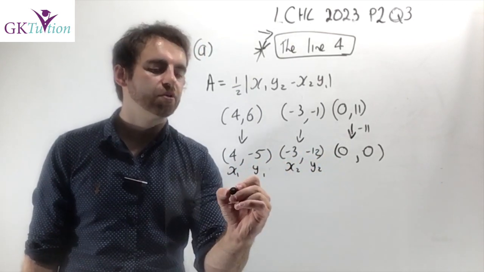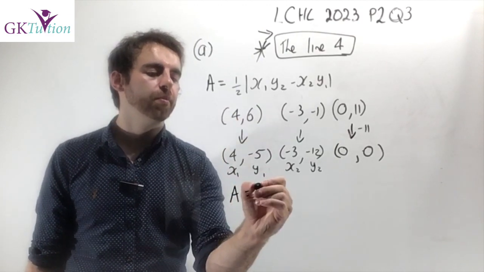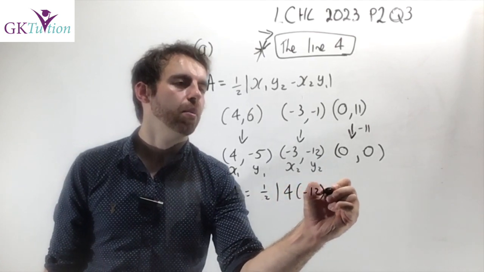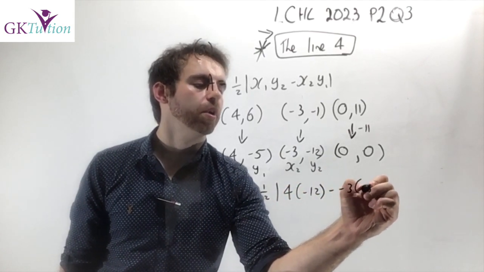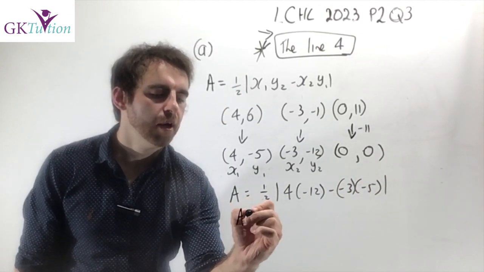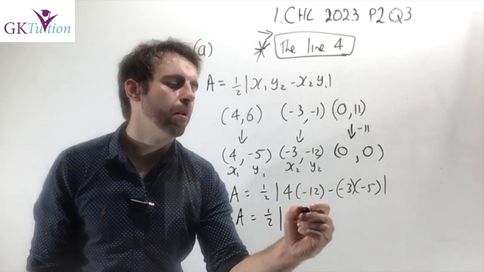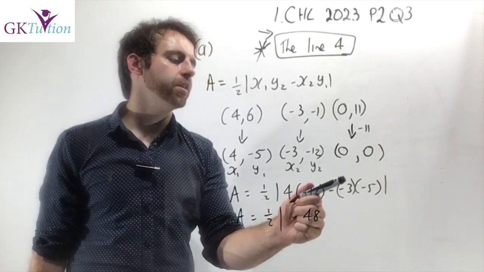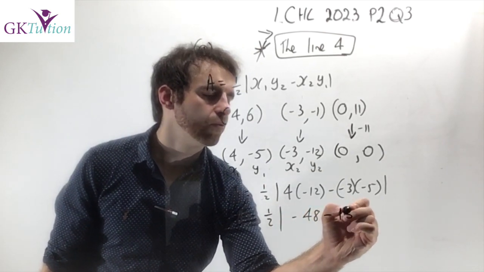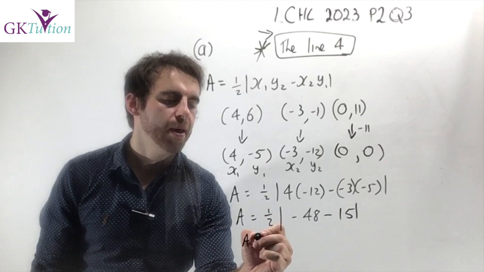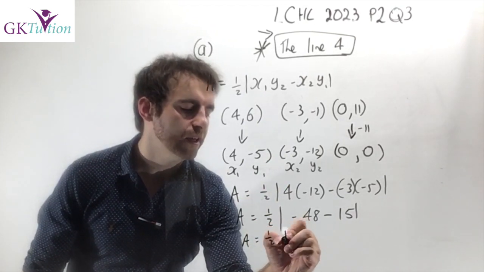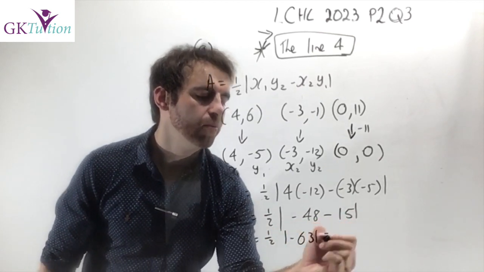To get the area of this triangle, I simply need to sub into the formula. The formula is 1/2 times x1 times y2 minus x2 times y1, which in this case looks like this. Now if I simplify this down, I'll simply get 1/2, and 4 by minus 12 is minus 48, minus 3 by minus 5, that's 3 minuses, so it's going to stay negative, and 3 by 5 is 15. And then if we simplify even further, minus 48 minus 15 gives me minus 63,